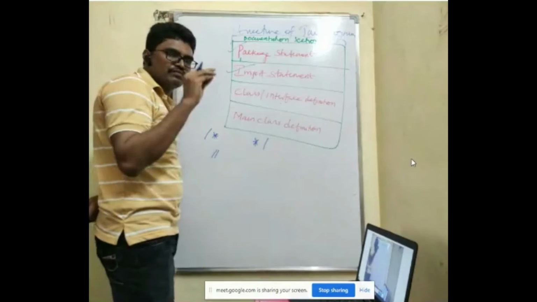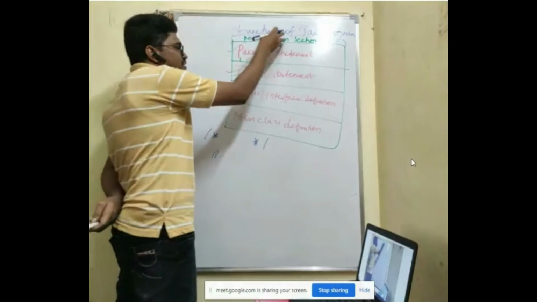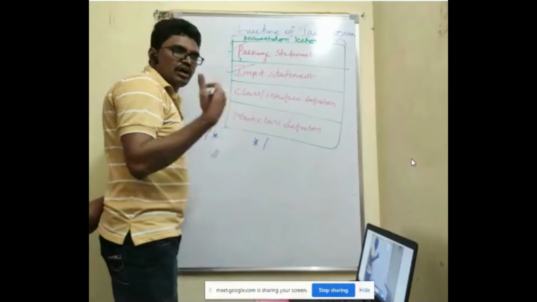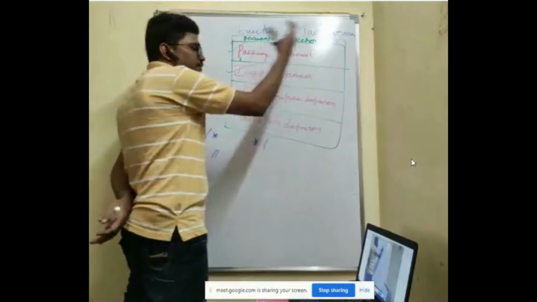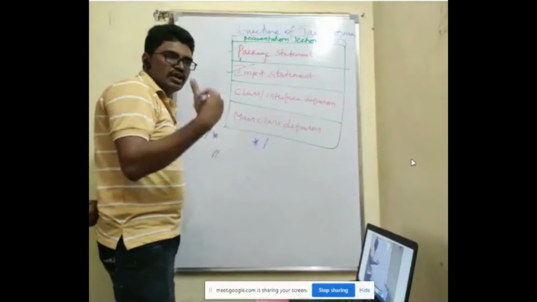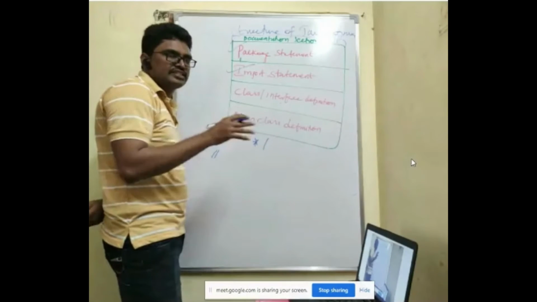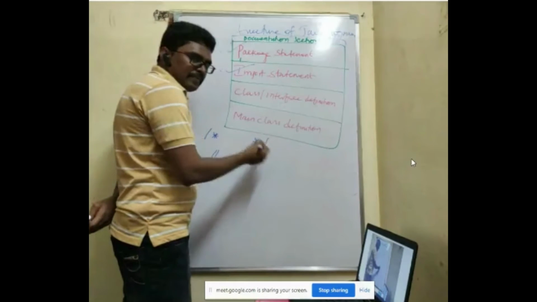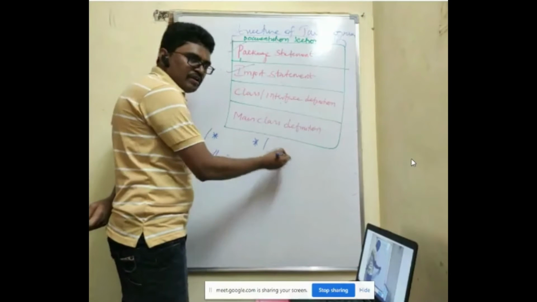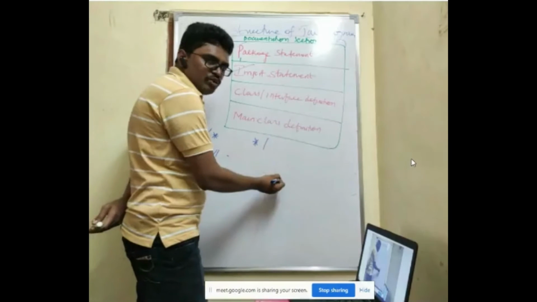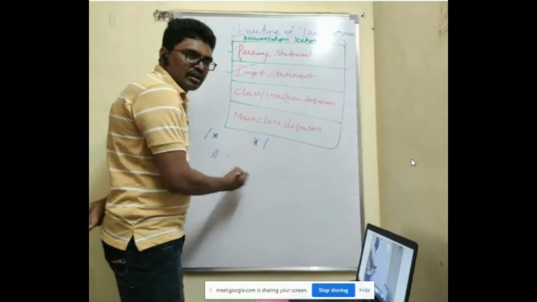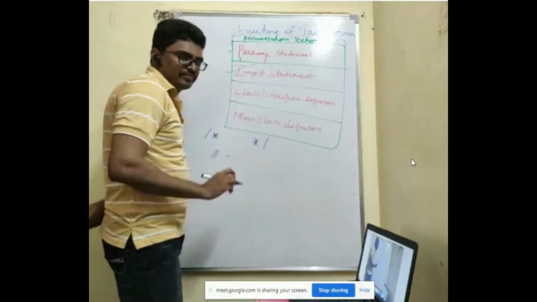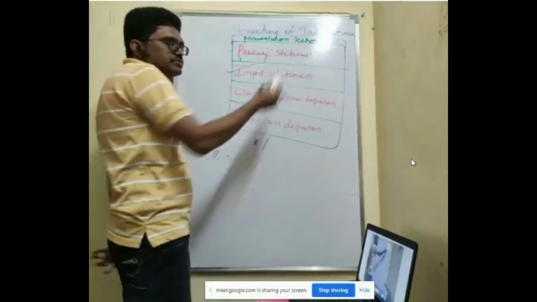What is the purpose of the documentation section? It tells what you are doing in this program. What is the main purpose of the program? Who is the author of the program? At what time was it written? And what is the version of the software that you have used. These things they generally put in the documentation section. So these details you can include in the documentation section. Okay, it is not compulsory, it is optional, it is your wish.